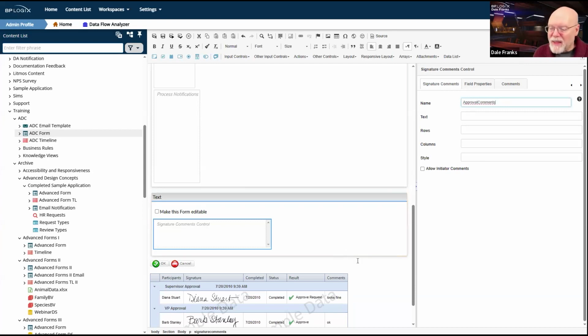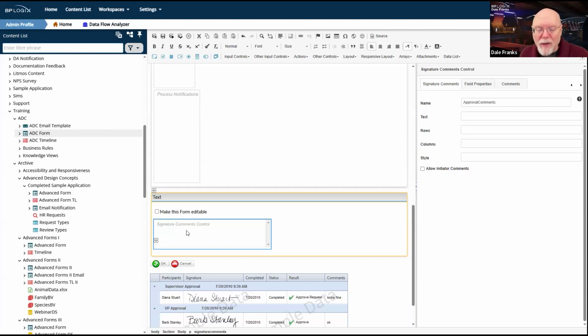And I think that'll be fine. I need these because I'm going to do a couple of things. First of all, I'm going to require some comments on some process timeline activities based on what is going on, or based on whether the approver approves or disapproves of the request. I'm going to want to require comments. I'm going to do that in the process timeline on the results tab of the user activities.